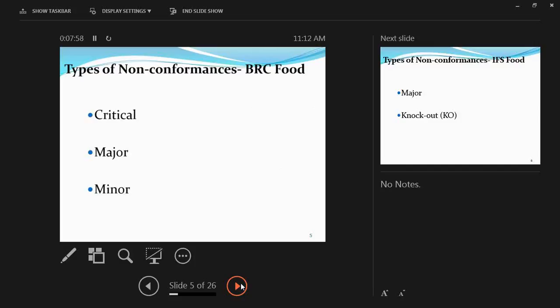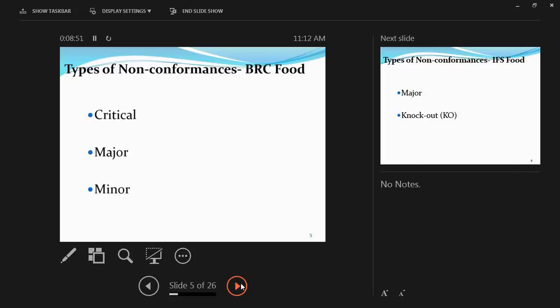The objective of the audit is to provide a true reflection of the standard of the operation and level of conformity against the standard. Basically, the objective of the audit is to ensure that the auditee is in conformance with the requirements of the chosen standard. So consideration should be given to avoiding a single major nonconformity where minor nonconformities are repeatedly raised against a particular clause of the standard. Again, BRC does not allow clustering of a significant number of minor nonconformities against a clause and recording this as a single major